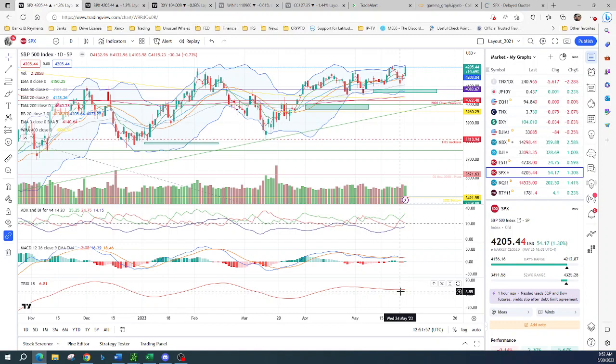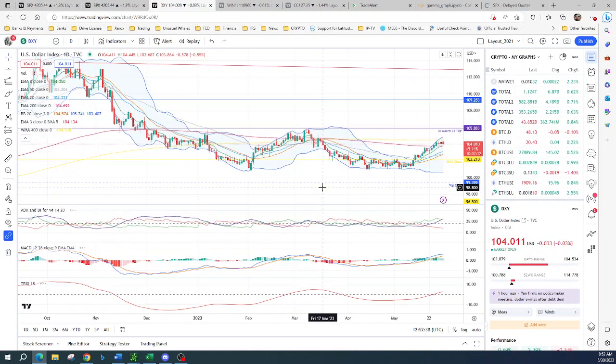I'm still seeing people trying to guess levels for the DXY, especially when we have only big players playing, especially central banks that run swaps. It doesn't matter when; we don't know when they decide to run swaps, the DXY tends to go down, and it is also influenced by other forex, other fiats, such as the euro, the Japanese currency, and so on. So this is like a basket of